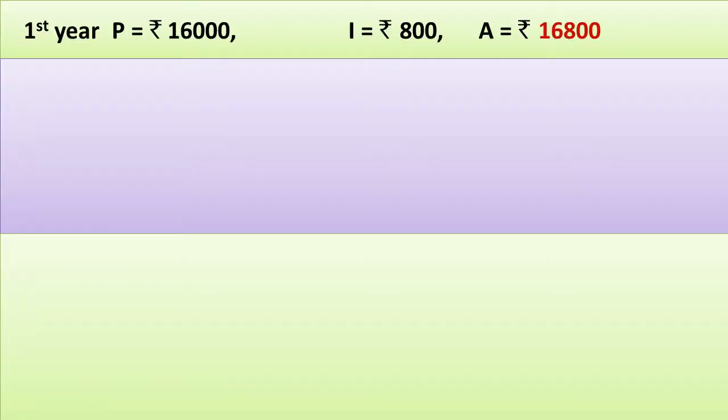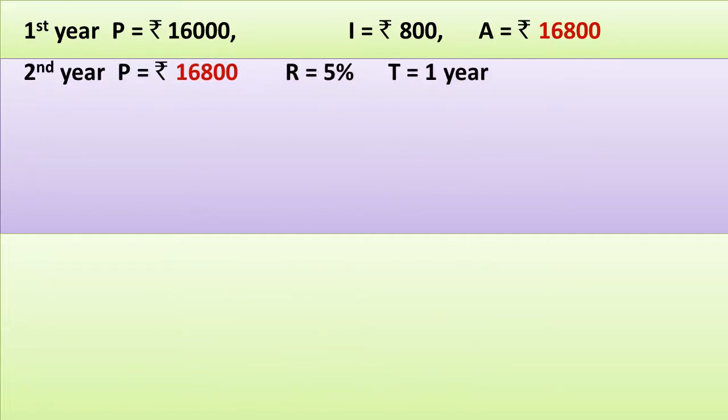First, consider the principal amount of the first year as rupees 16,000 and the interest is already calculated as rupees 800, and the amount leads to rupees 16,800. Now, when we have to calculate the interest for the second year, we have to consider the principal amount as 16,800, which was the amount of the first year. This is a major part and a very important concept which you have to know in compound interest. Observe the slide very carefully. I have shown the difference in the color also.